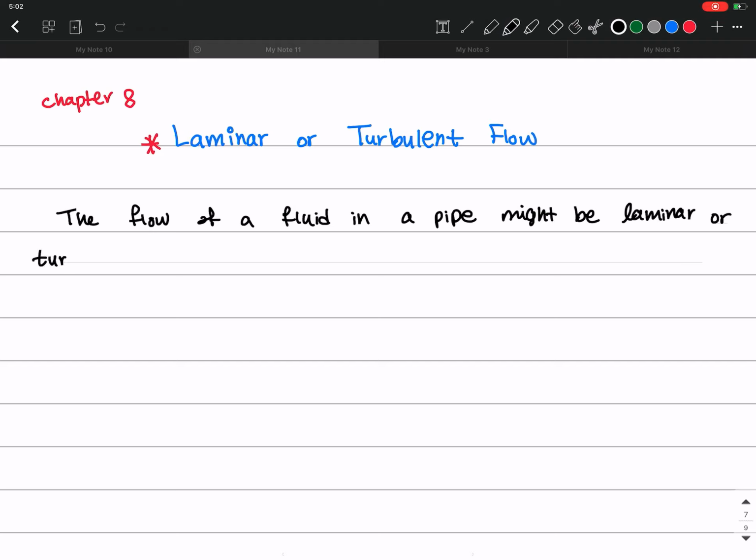Here we focus in this chapter on pipe flows, but again, this is also valid for all the fluids and all the flows in open channel flows, air flows, atmospheric flows, oceanic flows. All of them will have the same principle for laminar or turbulent regimes. And so for small enough flow rates,